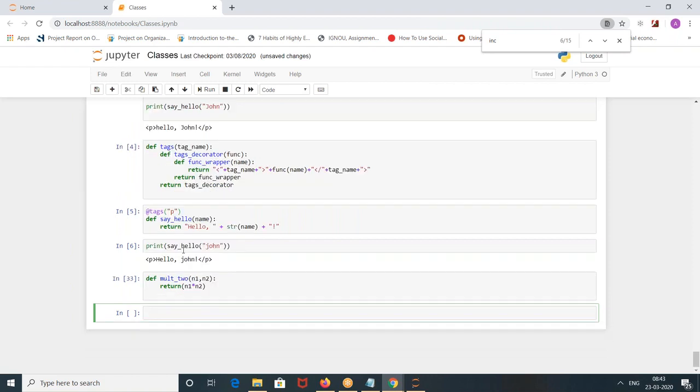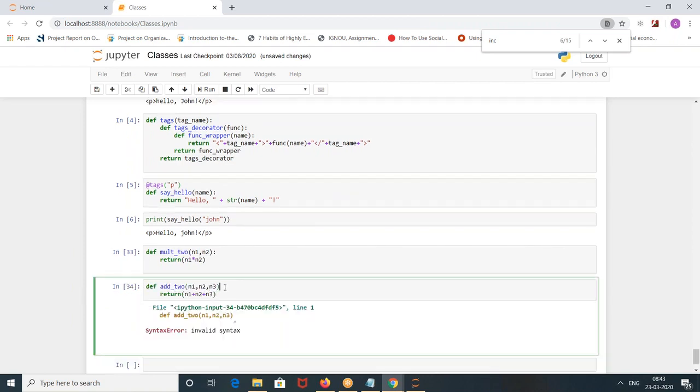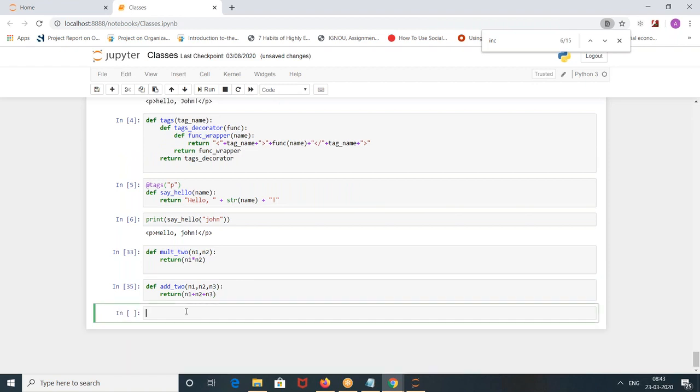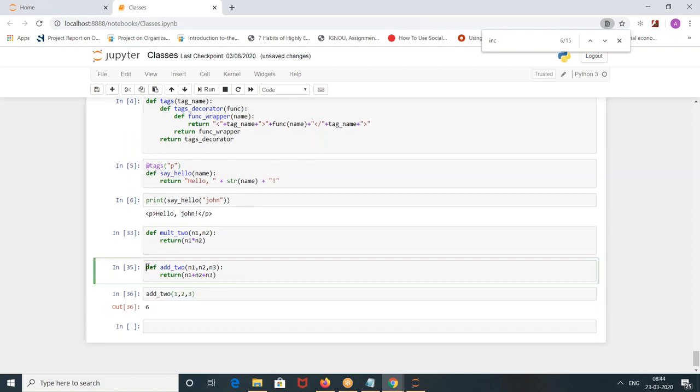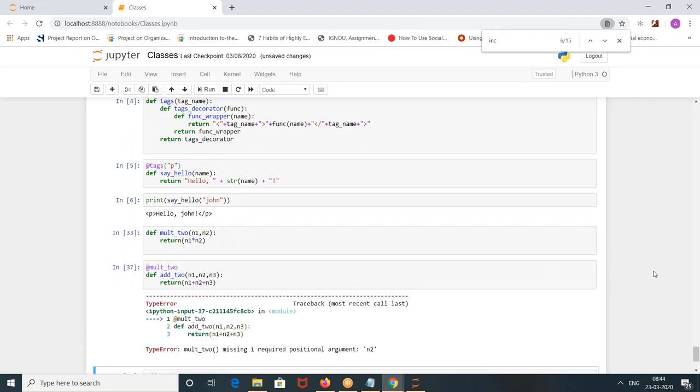Suppose this one we consider the decorator. I did not put a colon. add2 of 1 plus 2 plus 3. Now let's give it a shot by writing mult2 on top of it. It requires two positional arguments.